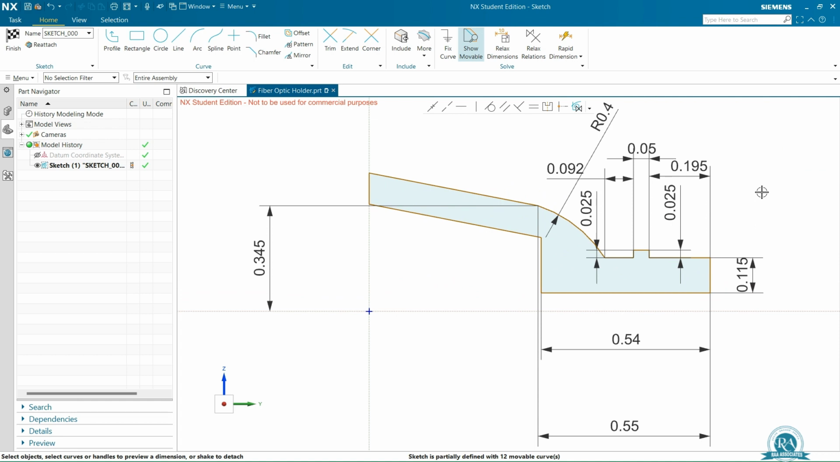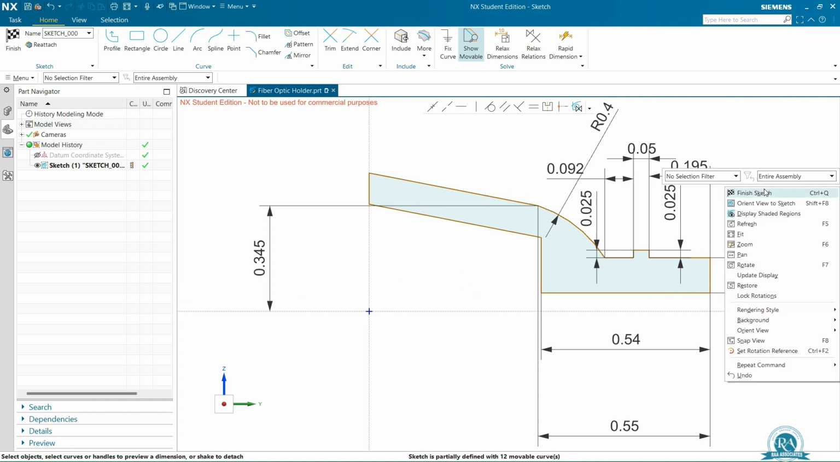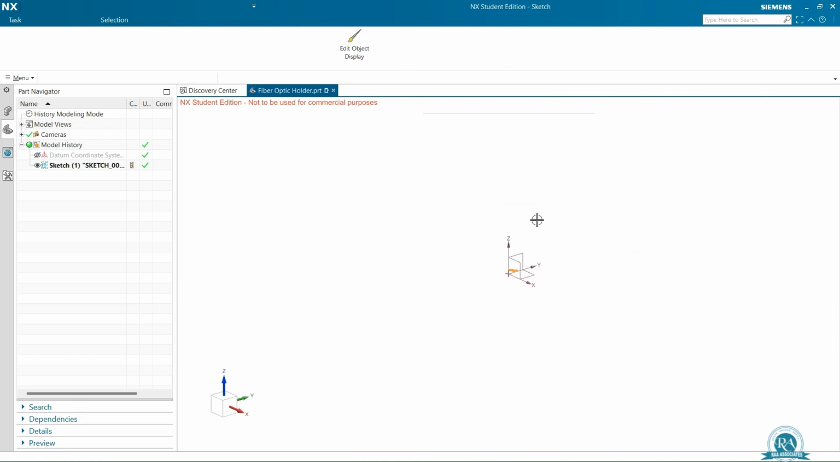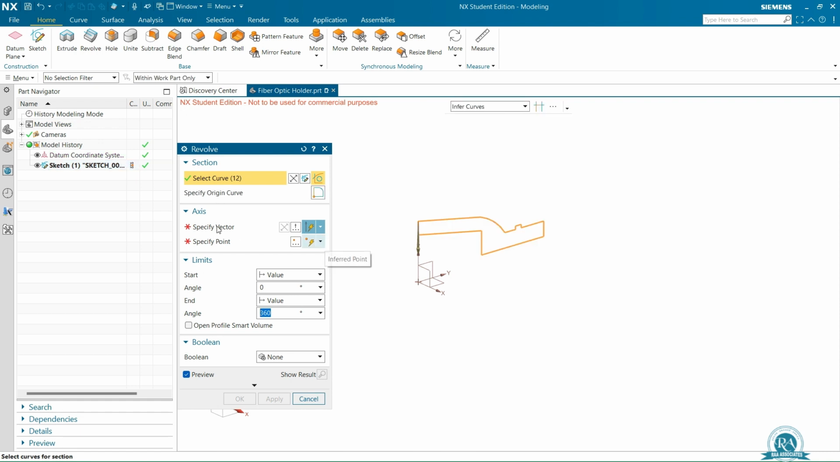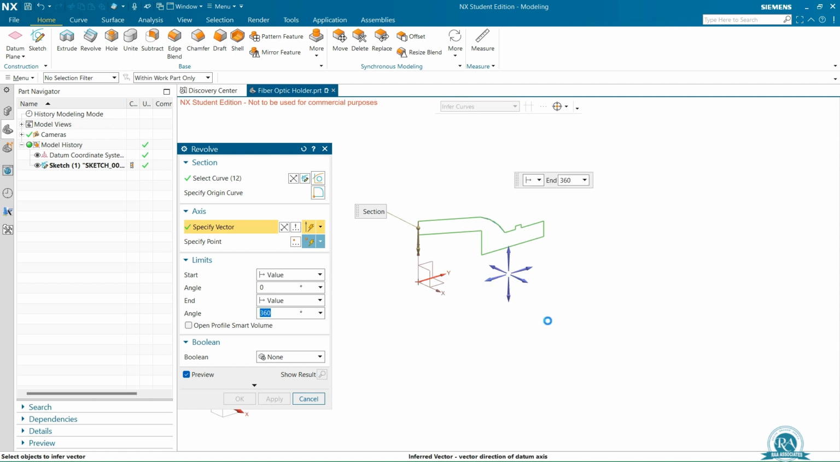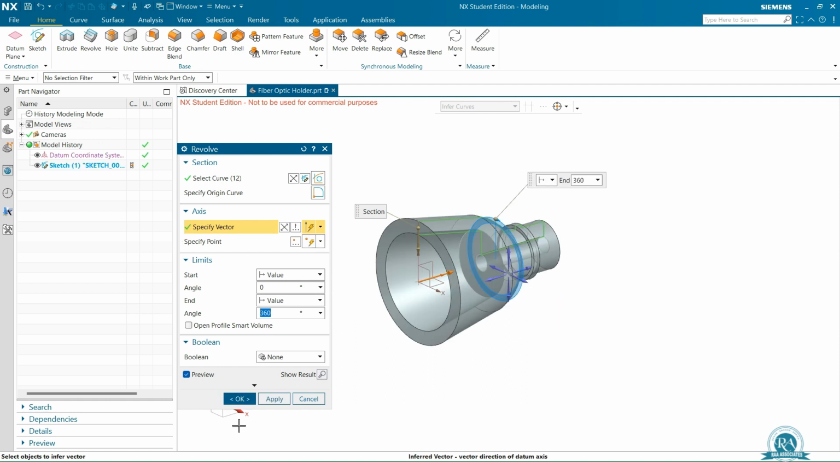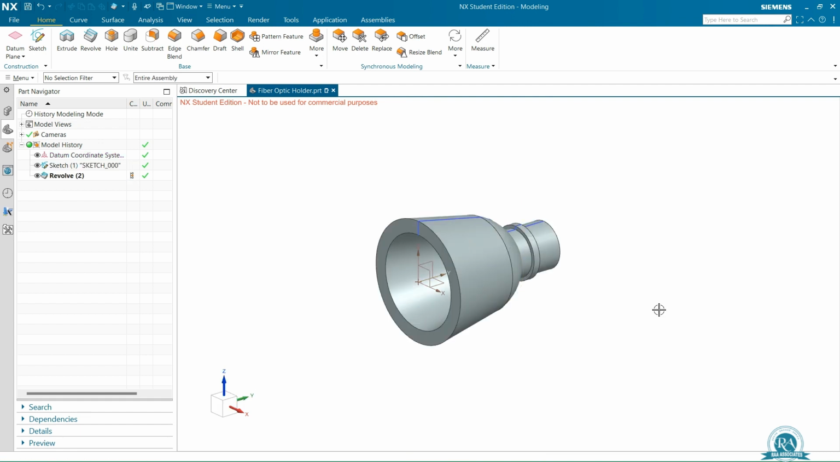This is the section for our revolve. Finish the sketch. Select the revolve. To specify the vector, select the y-axis, revolve to 360 degree, click OK, edit the sketch,